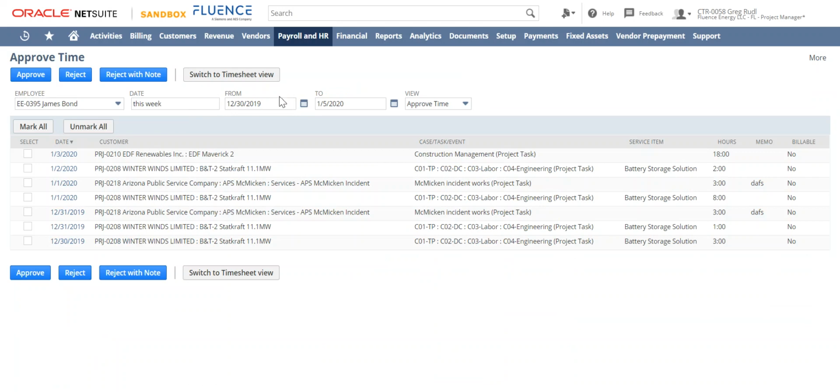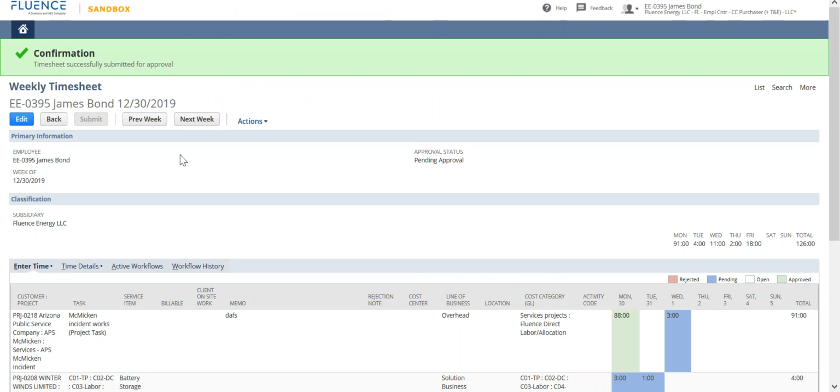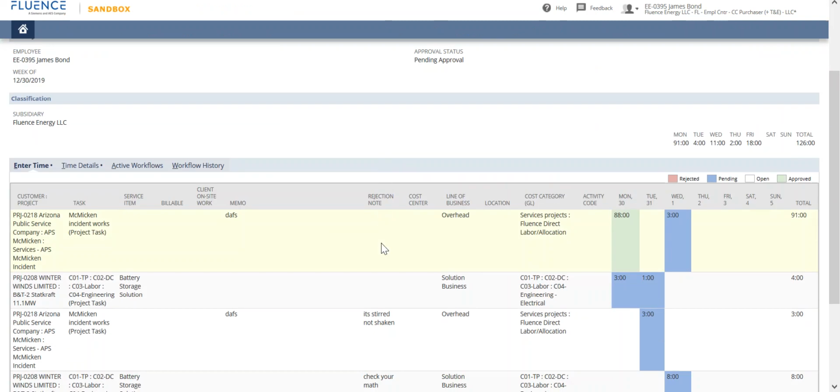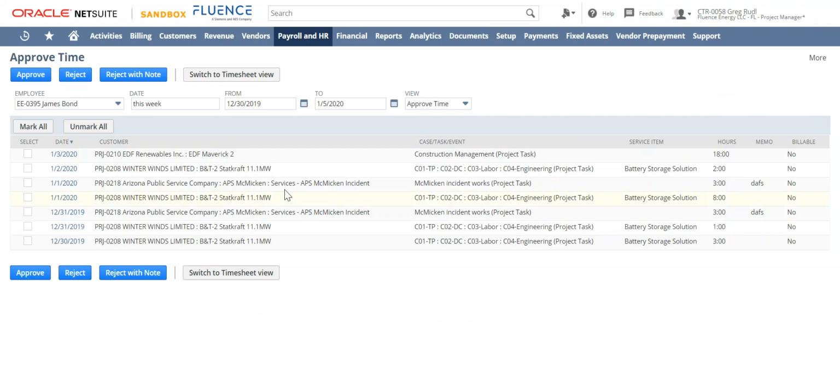As soon as I go to the page, you can see I'm on the current week. And I can see I have a number of time entries here that have been submitted to me for approval by James Bond. And just to show what happens between subordinate and supervisor in regards to the timesheet, I'm going to have James Bond's timesheet open here in another window so I can show you what happens. So back to the